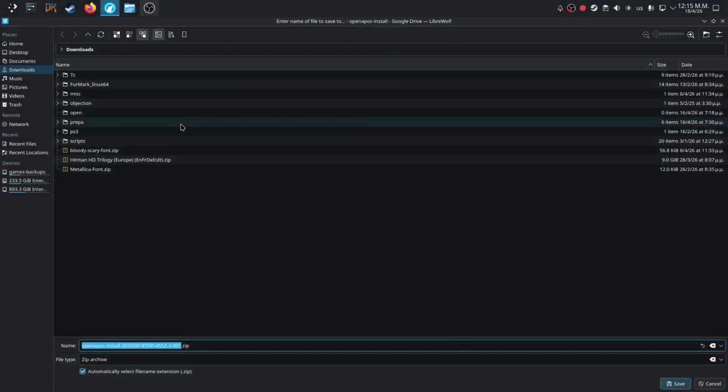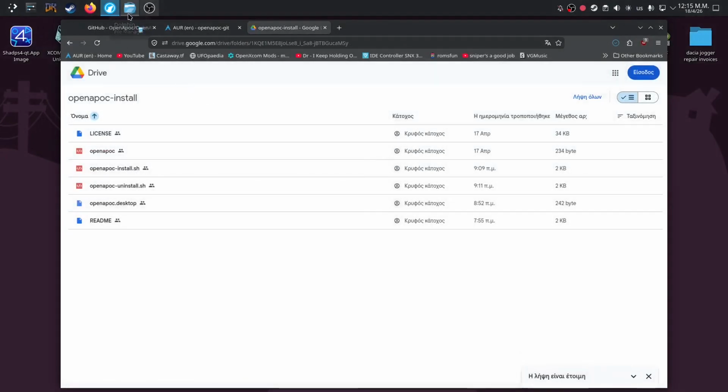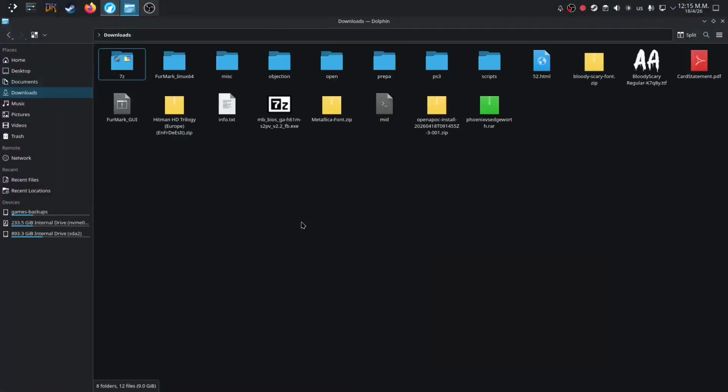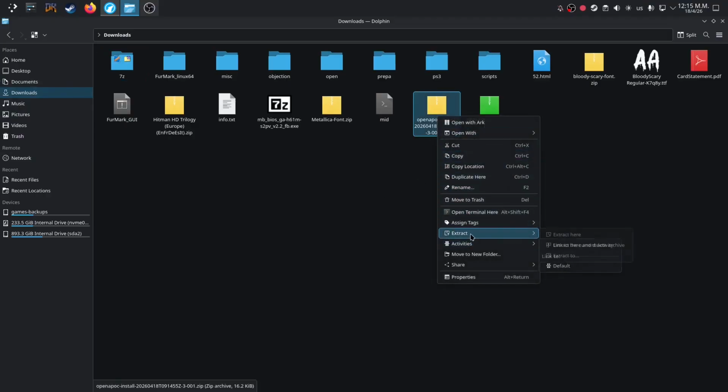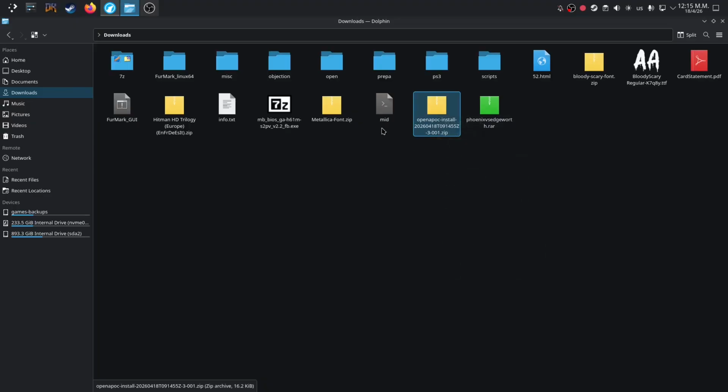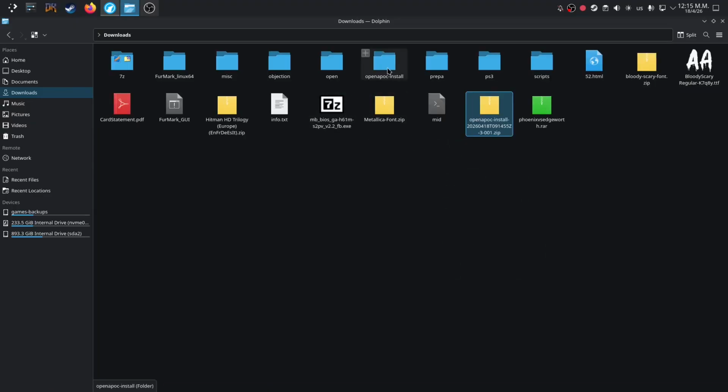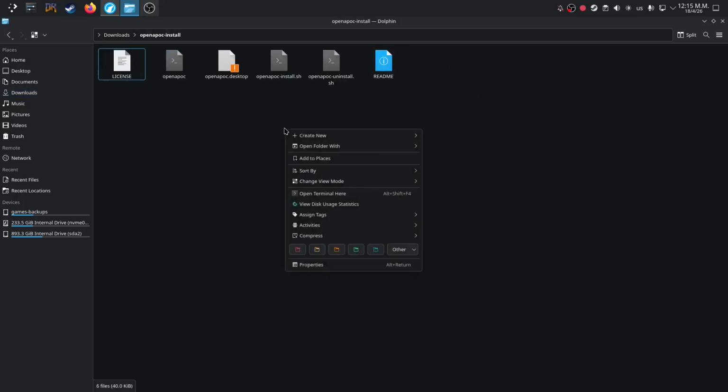I'm waiting for this to download. Just save it, then go to your downloads, your file manager, click extract here, just like that. You go into this folder named OpenApoc-install. You right click, you open terminal here,